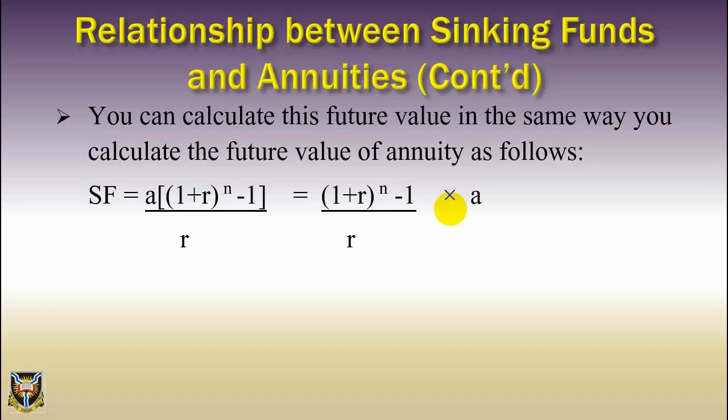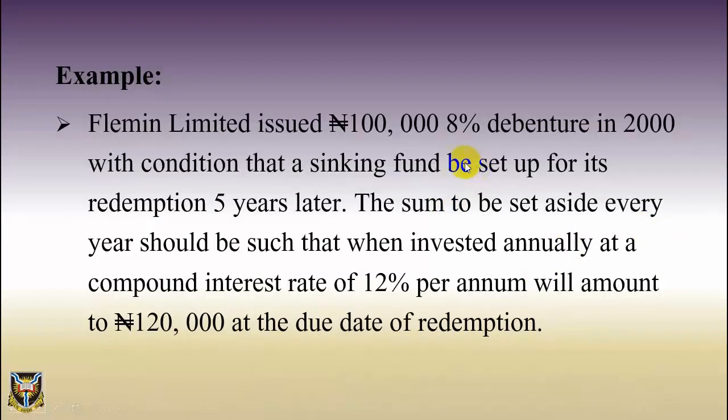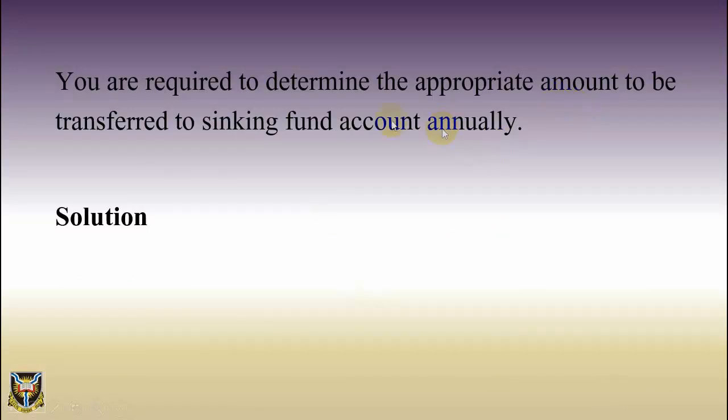Example: Fleming Limited issued 100,000 naira 8% debenture in 2000 with condition that a sinking fund be set up for its redemption 5 years later. The sum to be set aside every year should be such that when invested annually at a compound interest rate of 12% per annum will amount to 120,000 at the due date of redemption. You are required to determine the appropriate amount to be transferred to sinking fund account annually. Solution: